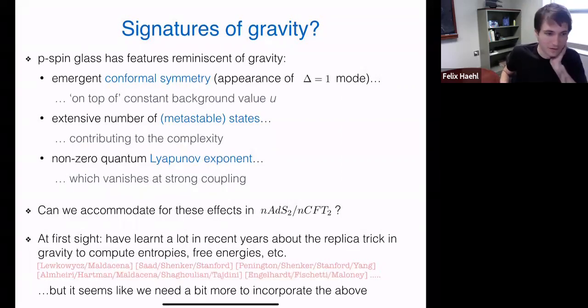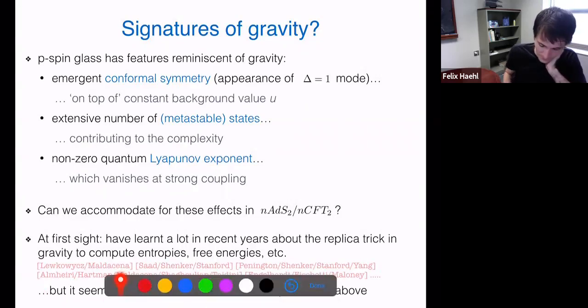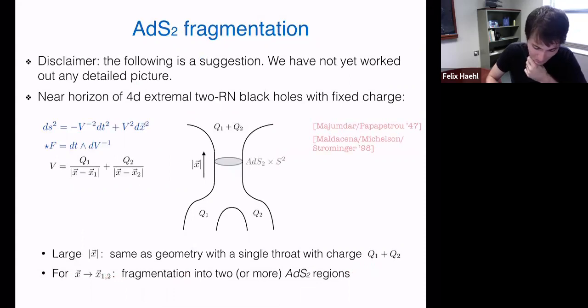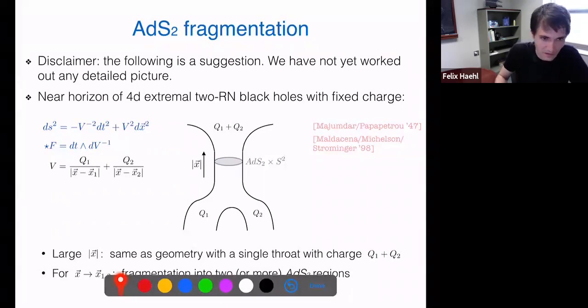So everything seems a bit different, and it seems that we need a bit more than the known tricks to accommodate all these effects in AdS/CFT. So the question is, how do you do that? We certainly don't have an answer yet. The following is just a suggestion, and we haven't worked out any details. The suggestion would be that this has something to do with the AdS2 fragmentation instability that was studied